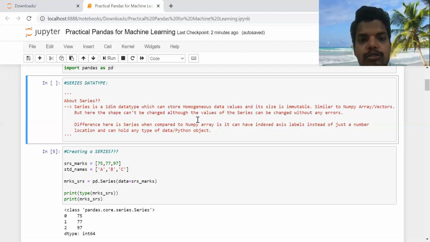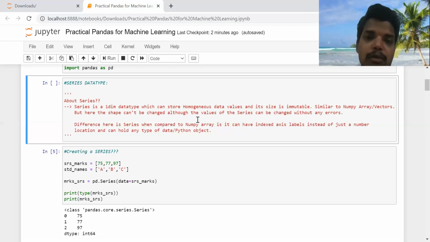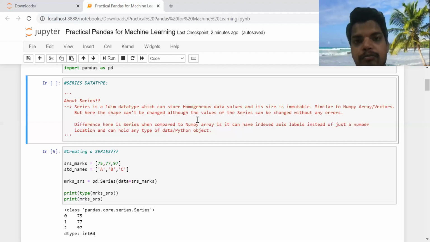Now what is the difference between a NumPy array, that is a one-dimensional type, and a Series? The Series can have indexed labels. I will show you with examples what indexed labels mean. We can label the indexes, and they can be other than numbers also. The values are accessed using the indexes, right?